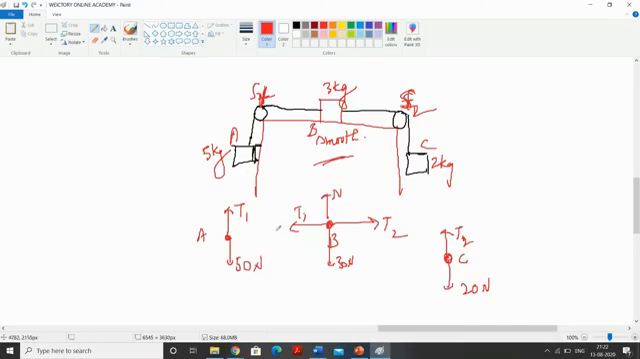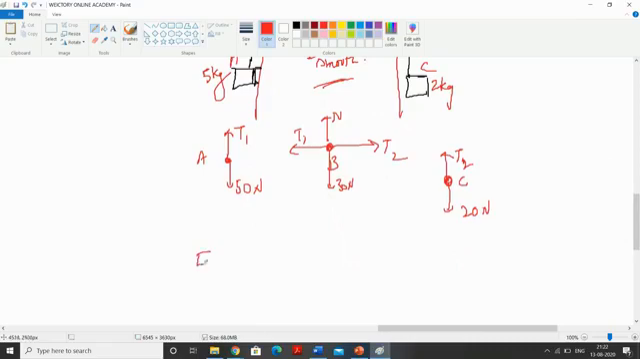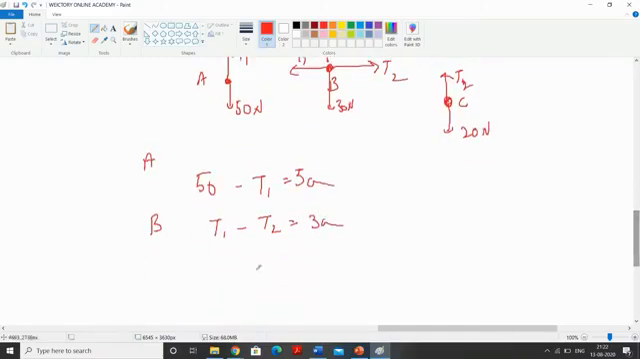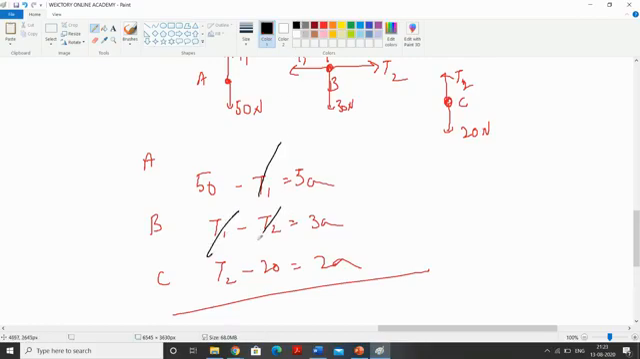Okay, so as you can see, this is heavier, so A will go down and C will go up and B will move towards left. So let's write down the equations. So 50 minus T1 equals 5a. That's for A. For B it is T1 minus T2 is equal to 3a. And for C, T2 minus 20 is equal to 2a. Add them. So if you add them, T1 gets cancelled out, T2 gets cancelled out,